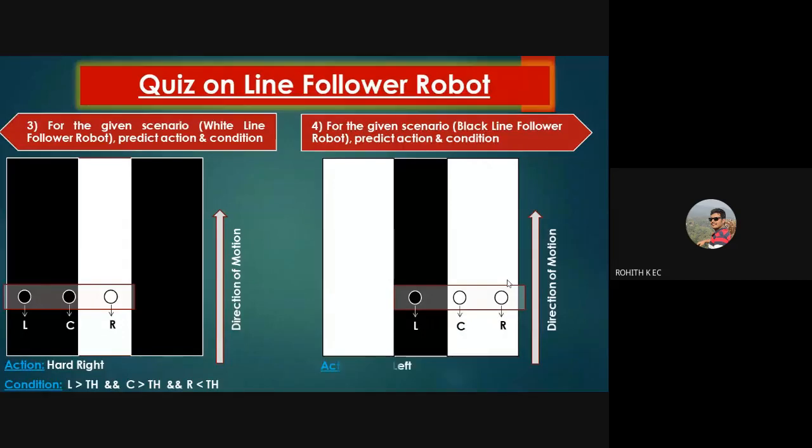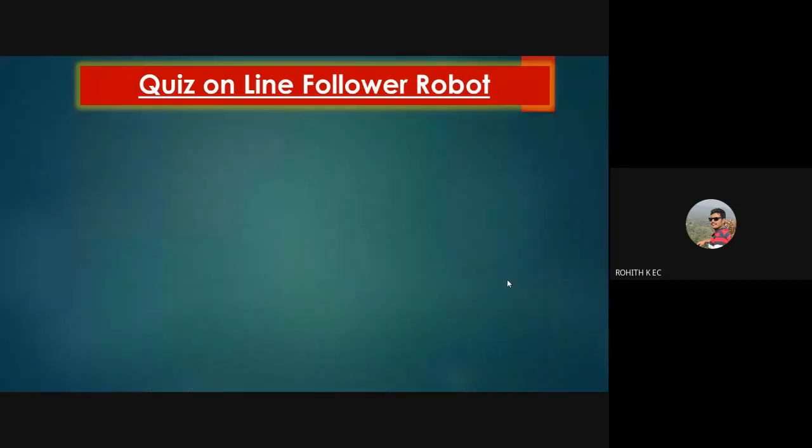That is hard left. That's right. Then what about the condition? How will you capture this? L greater than TH, C less than TH, and R less than TH. Very good. Rachana, Sangamesh, Vishal, Prakruti, very good, are giving the right answers. So this is the condition.